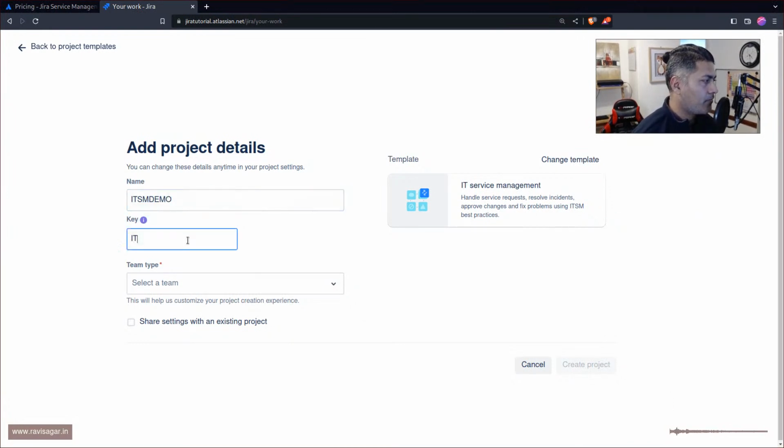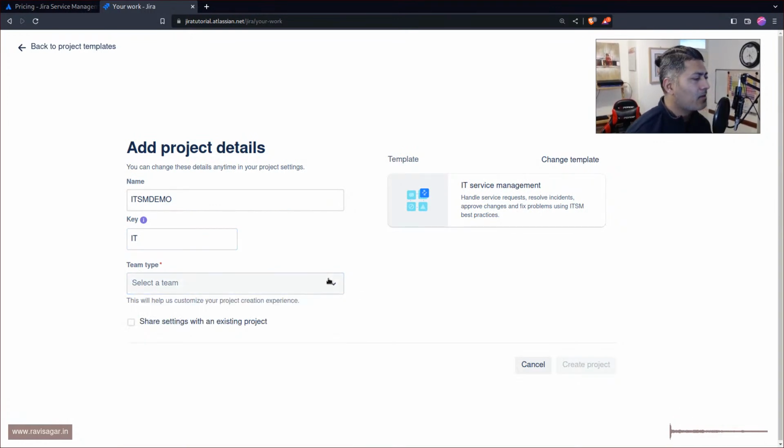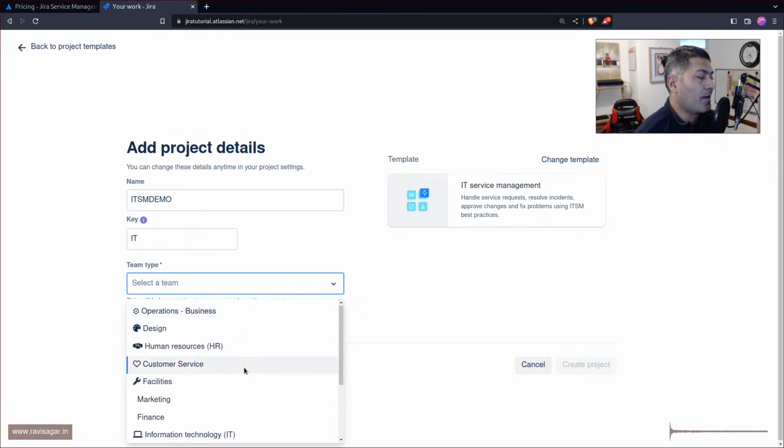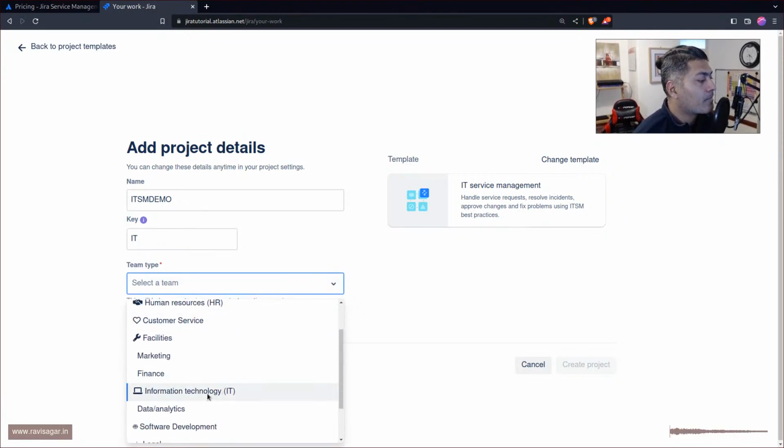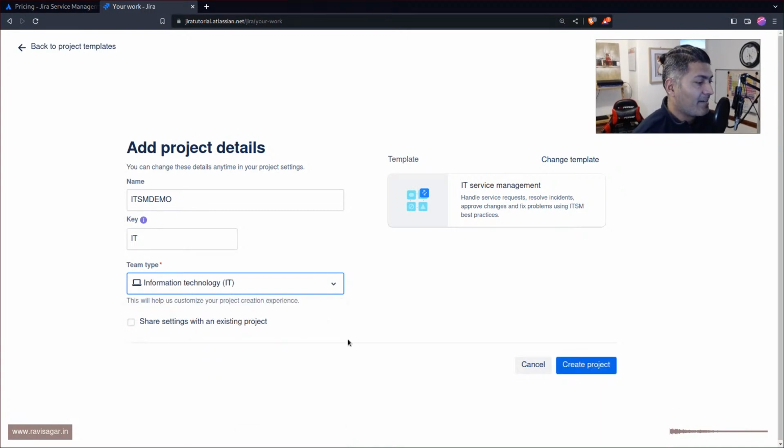And each and every project in Jira, just like any other project, will need to have a name and a key. And I will select here team type. So this team type is something new. It was not really there earlier, but using team types, you will get some pre-configured things, like your queues might have different grouping, but this is something that you can take a look at. So for this example, because we are doing IT service management, I'll select IT